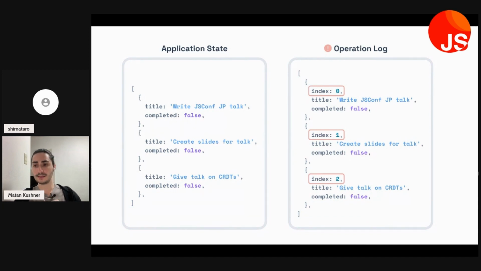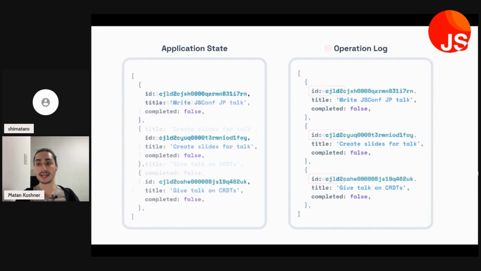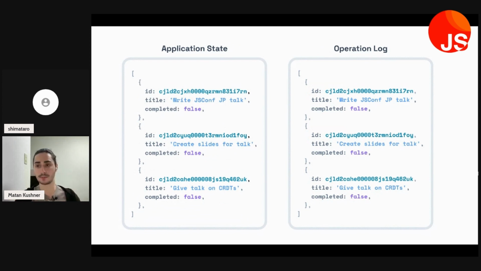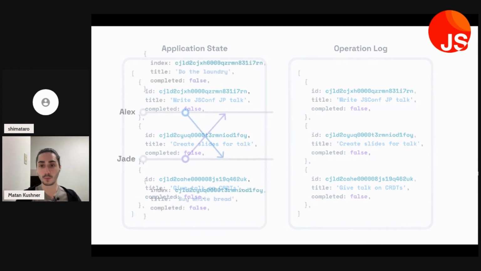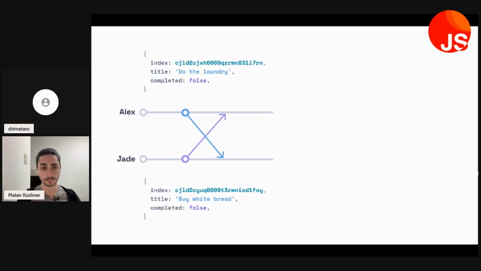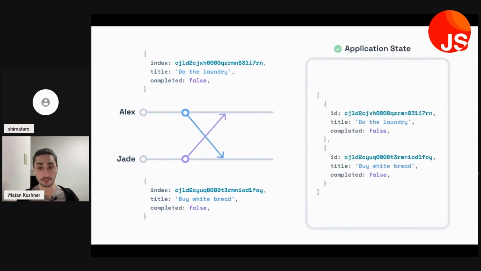To ensure that they're commutative, we needed to give items unique identifiers that are resistant to this kind of mix-up. Here we're now using CUIDs, which are a form of unique ID. You could use any unique ID, as long as no two items can be identified in the same way. And in that way, we're able to avoid this failure. Looking at this example now, where Alex and Jade create a new entry at the exact same moment, both end up with the same merged application state. There's no way for these two to conflict as long as they're talking about items by their unique IDs, right?